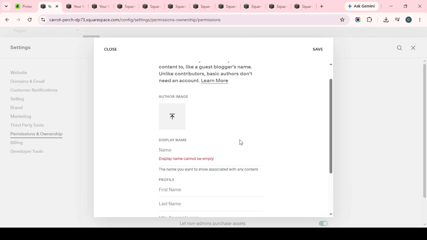Be careful to paste the second snippet into the blog item code injection area, not the global header field, because each code block serves a different purpose. One loads the platform and the other displays the widget in the correct location. Once everything is in place, click Save. After saving, visit one of your blog posts and confirm that the share buttons are appearing as expected. If they don't show up right away,